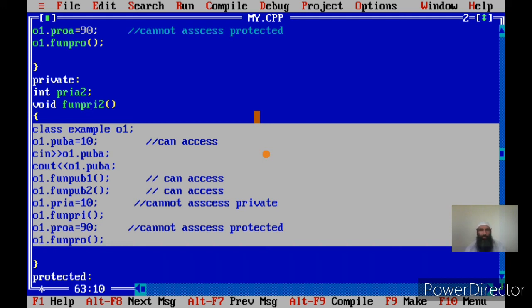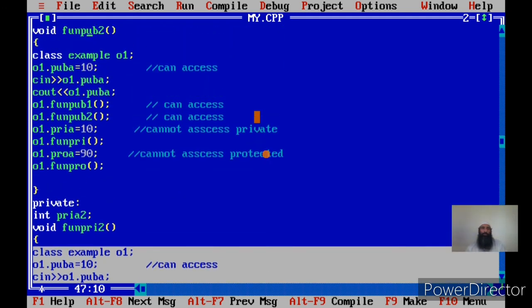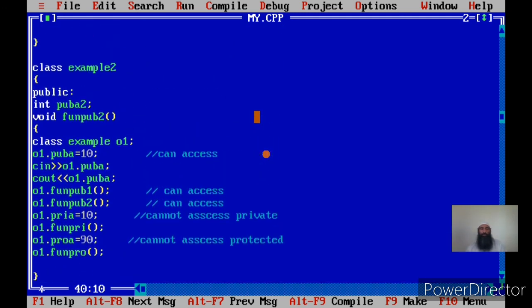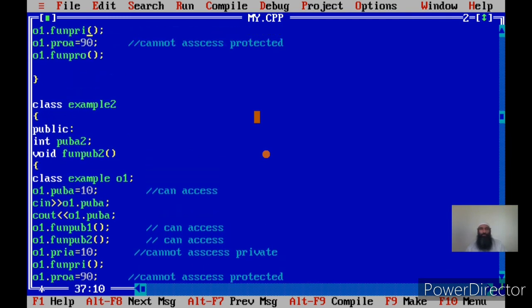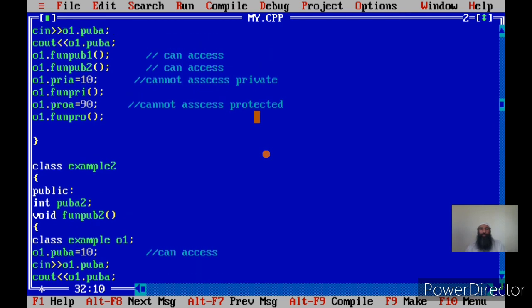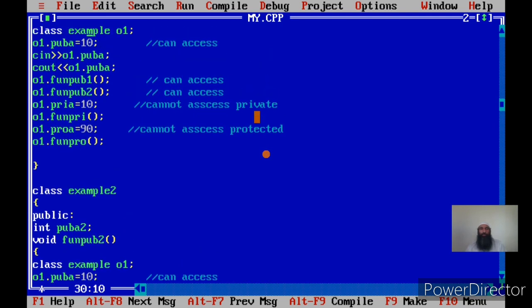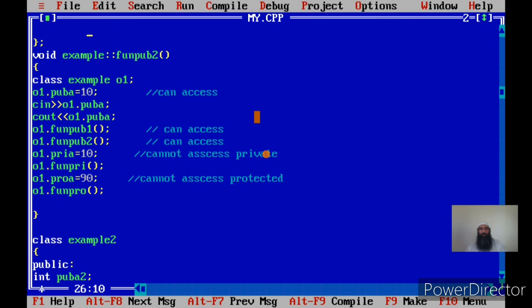So this was all about how we make a particular function a friend of a particular class, or how we make a particular class a friend of a class, and how we can overcome data hiding by using friend classes or friend functions.